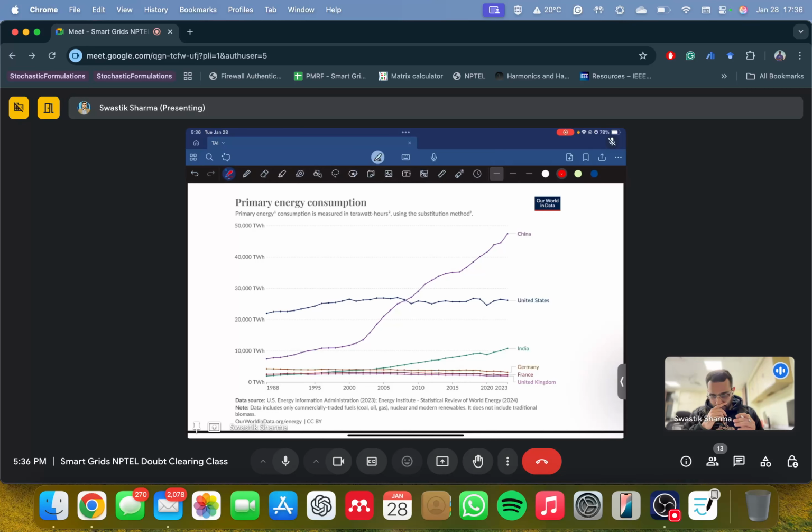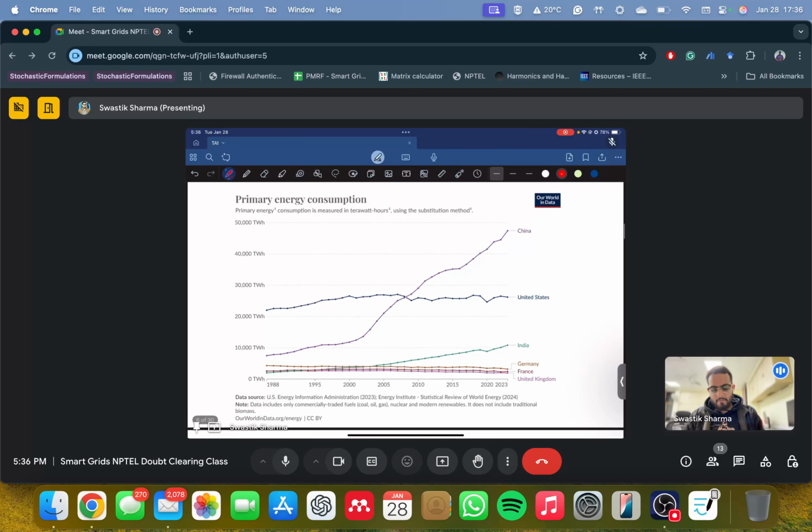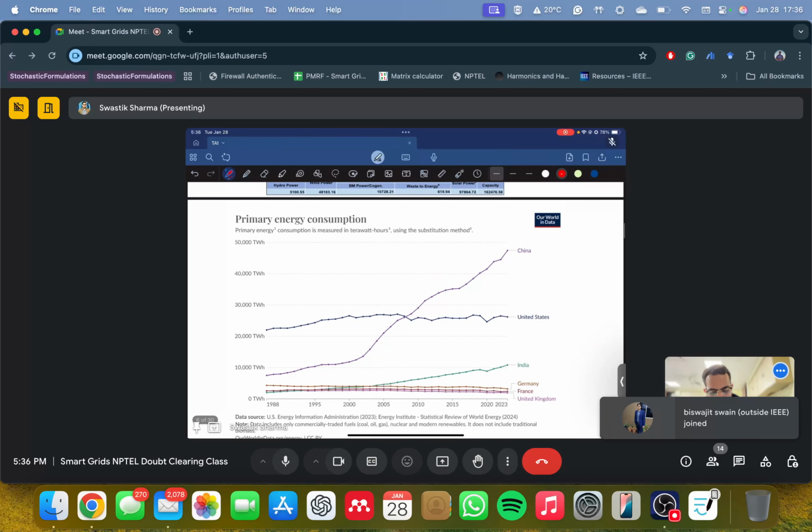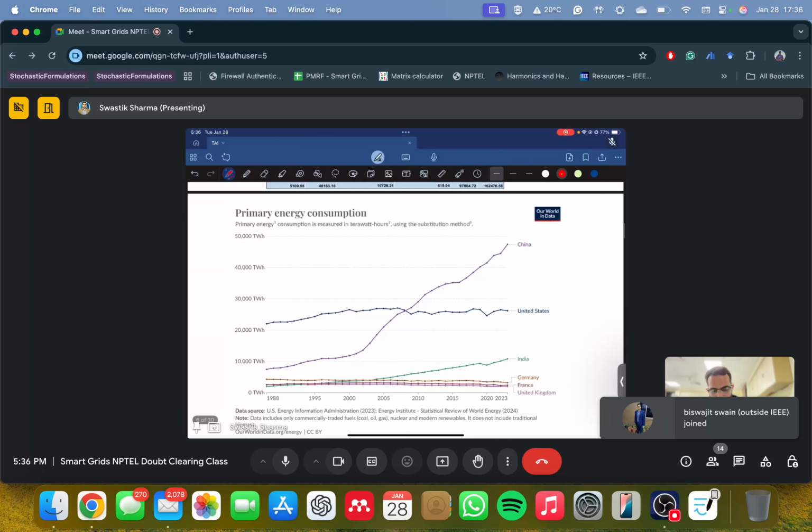So now you see the primary energy consumption, right? What is primary energy consumption? The consumption that happens at the feeder level, which is the small low voltage distribution level, right? So from 2025, I think it is mandatory. RPO, RGO, and RCO are mandatory. Those are more for distribution companies, RPOs and these, but I'll come to that. But just stay with me for a while.